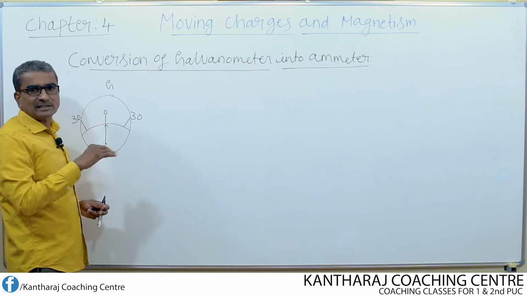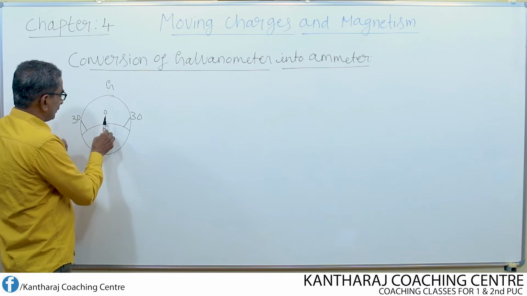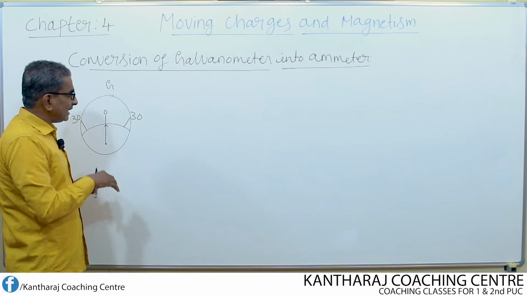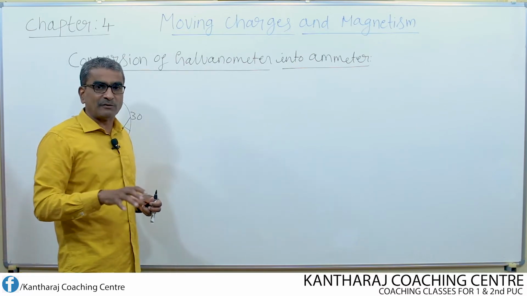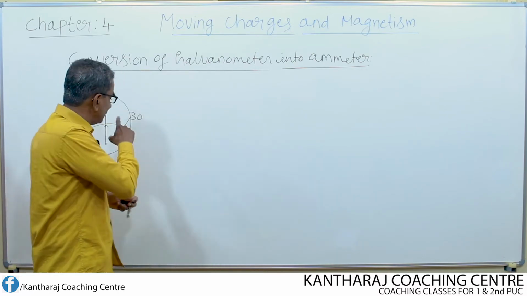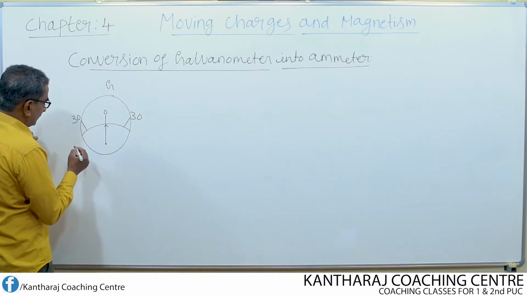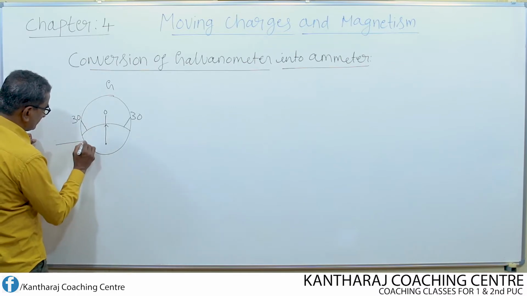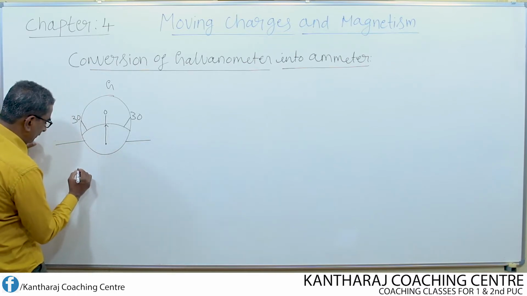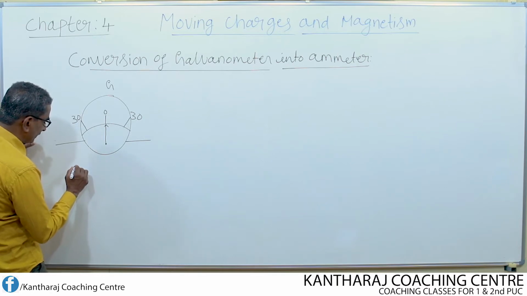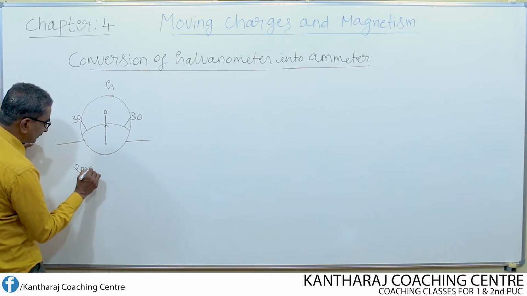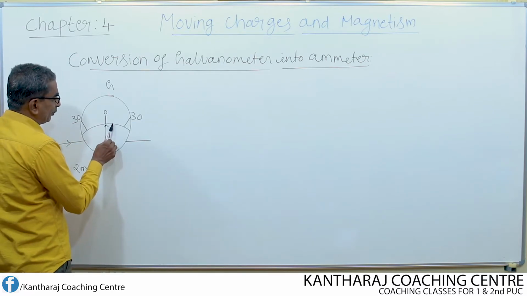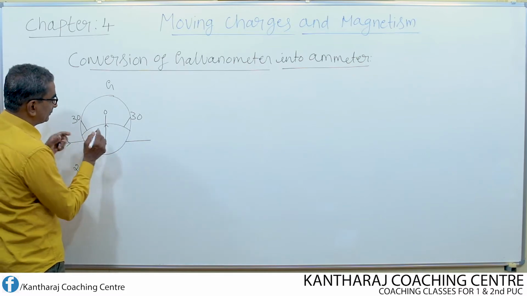So, this galvanometer consists of 30 divisions. From 0 to left side 30 divisions, again from 0 to right side 30 divisions. There are some galvanometers which even consist of 50 divisions. Now, let us stick on to this. Suppose if I pass the current, say for example, I pass a current of, let us say, around 2 milliamps through this galvanometer. Now, the pointer from here, it may move up to here for which current? 2 milliamps.